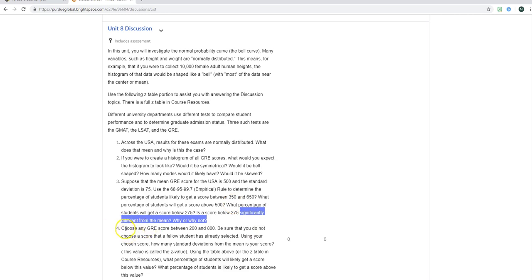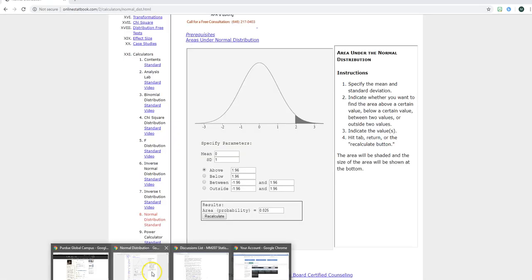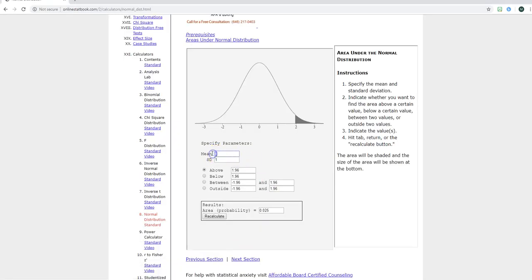So it says choose any GRE score between 200 and 800. All right. Well, remember, we need the mean and standard deviation. So the mean is still 500, standard deviation still 75. We're using those same values. So I'll go put those in, and I'm just going to pick, say, a score of, I'll use 635, for example. Okay, 635. You choose whatever number you want to between 200 and 800. So I'm going to go back to the website, put the mean of 500, standard deviation of 75,